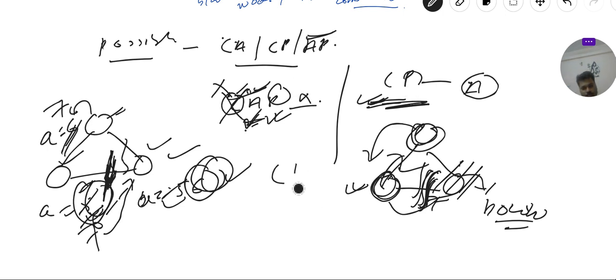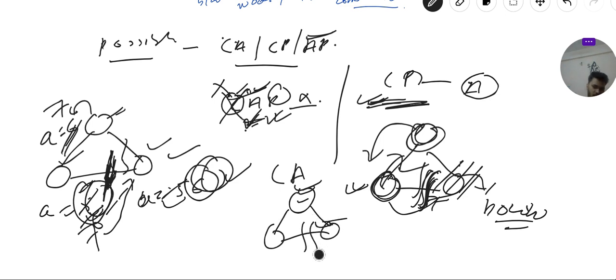Now let's see how CA is possible, meaning we are neglecting partition tolerance. How we can do that is, for example, let's say we have consistency, meaning all these nodes will have the same value, all nodes are up, but partition tolerance is not there. Partition tolerance means even if there is a partition, we will get a valid result. So partition tolerance is not there, so this is a partition, and this